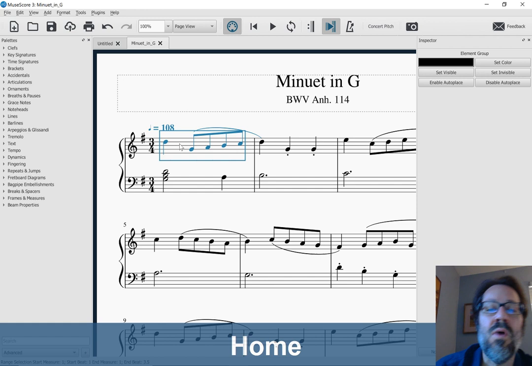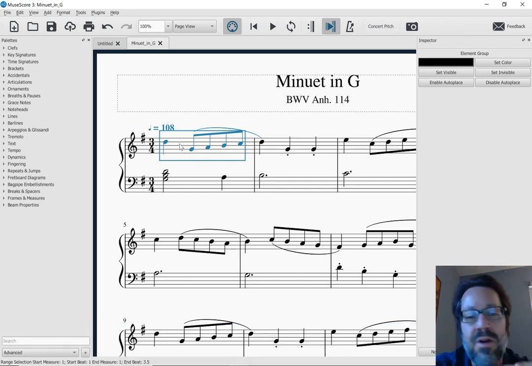Right, that's one of the pieces played as a sort of a, first year piano recital kind of piece by